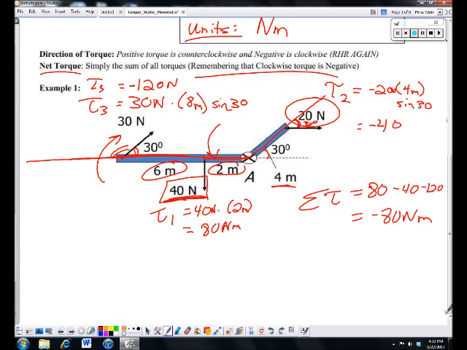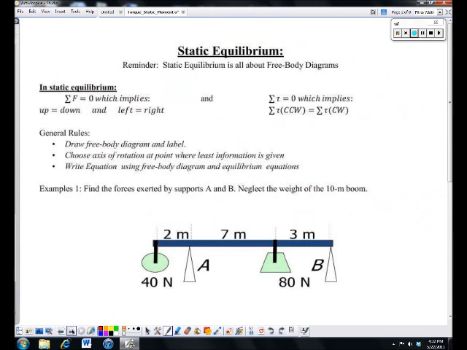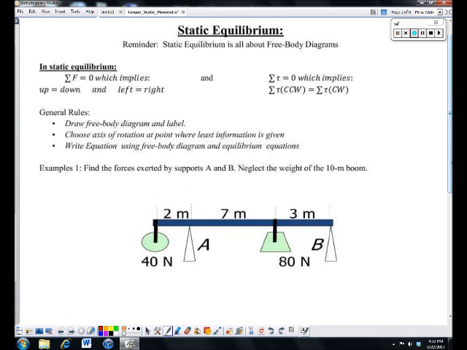So let's take a look at our next example, one that is going to be in statics. But before we jump to the question, let's talk about what statics means. Static equilibrium means nothing in the object has either a net force or a net torque. That means we're either not moving or moving with constant speeds, constant rotational speeds or constant translational speeds, or even